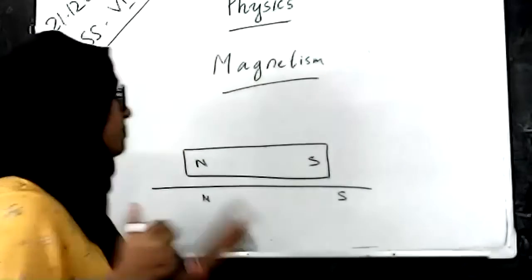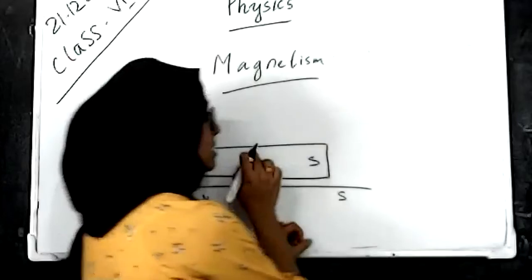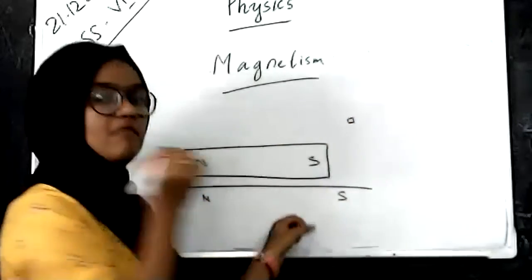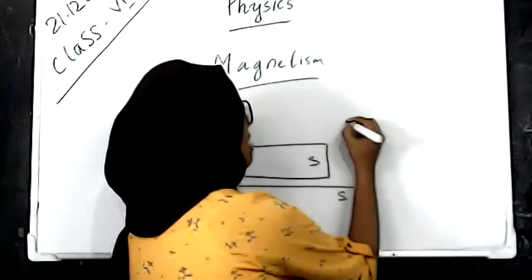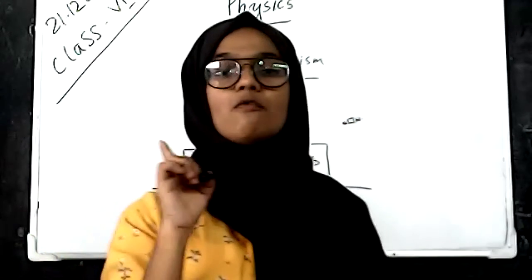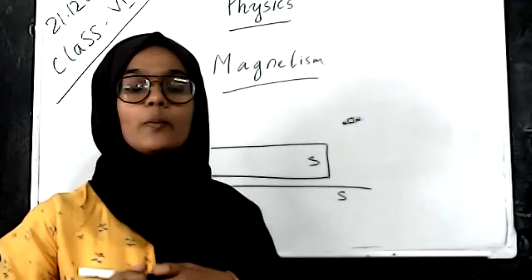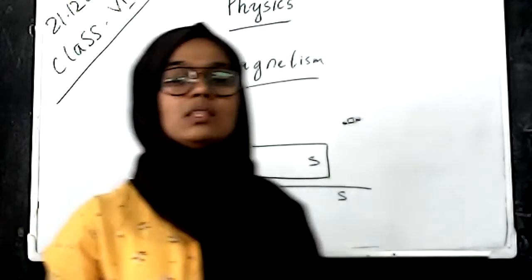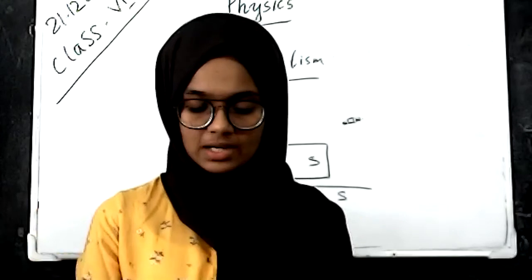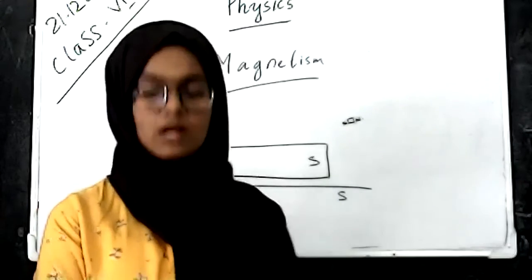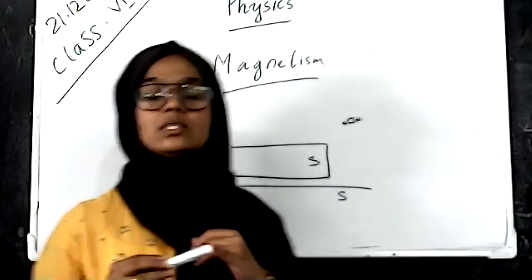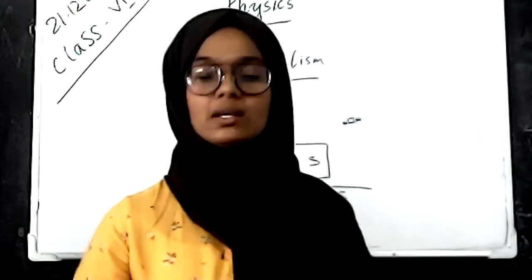That is, if we have a large magnet and we have a small piece of magnet, every piece of a magnet has a south and north pole. There is no magnet with one pole. That is, a monopole does not exist in the case of a magnet. So I think all of you understand the topics discussed today. So this is the chapter that deals with magnets.